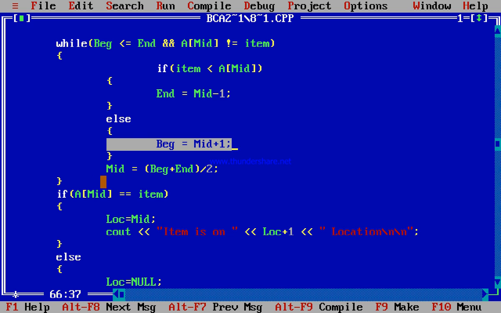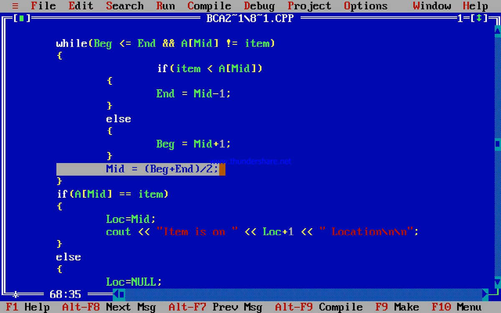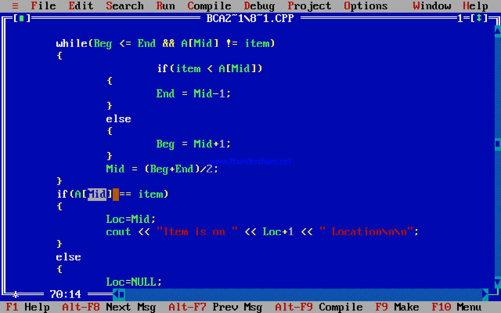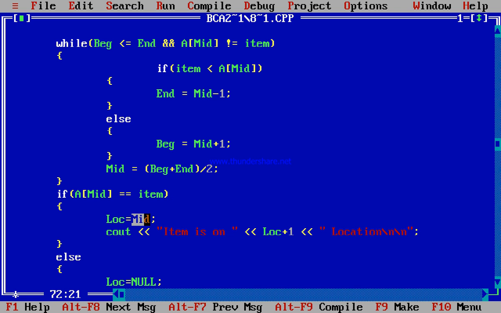And after doing that, again we calculate the mid by using the same formula, beginning plus end divided by 2, and again we check whether a of mid is equal to atom. If a of mid is equal to atom, then we copy that position into the LOC variable, and we print that position.